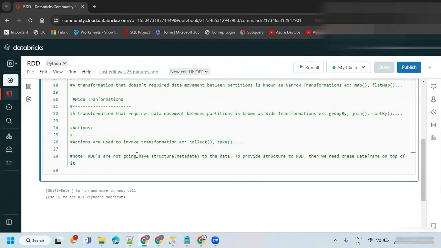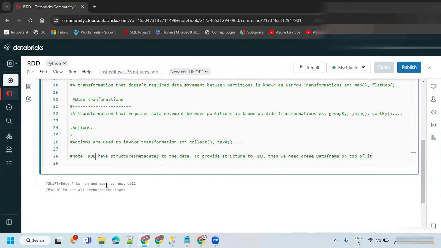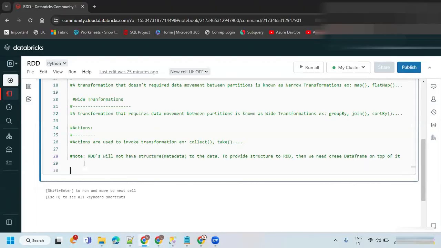Let me change this. Okay, here I'm just going to say different ways to create RDDs.